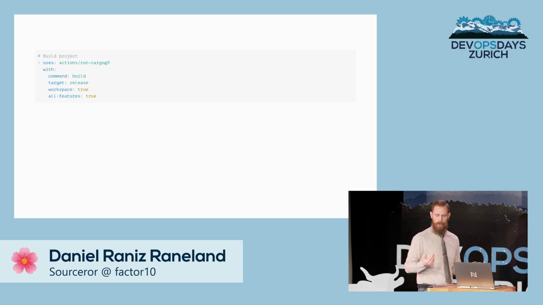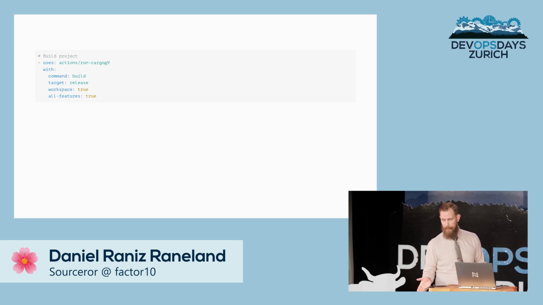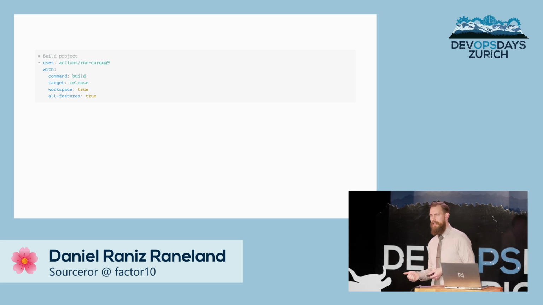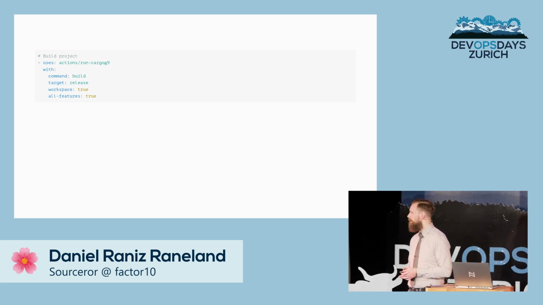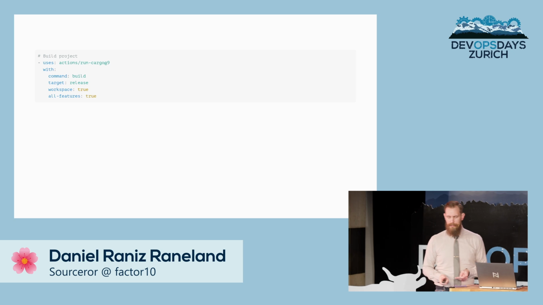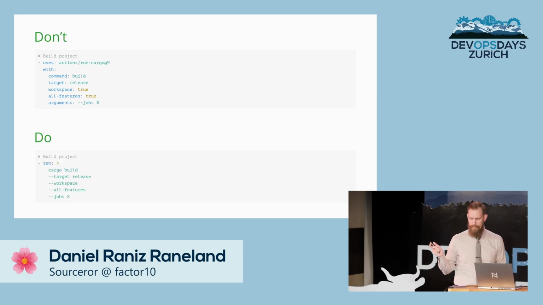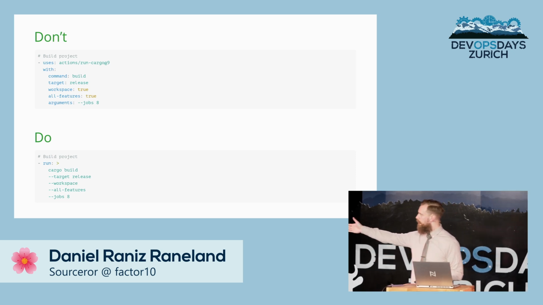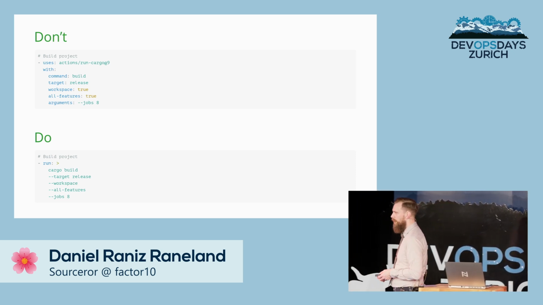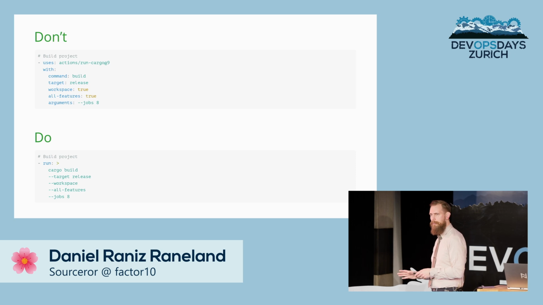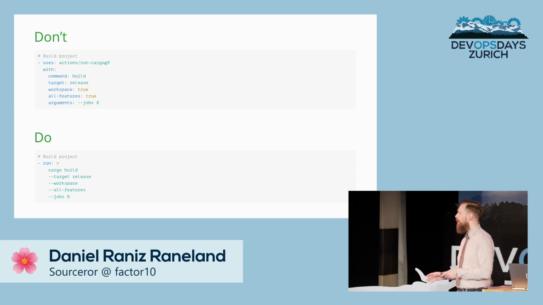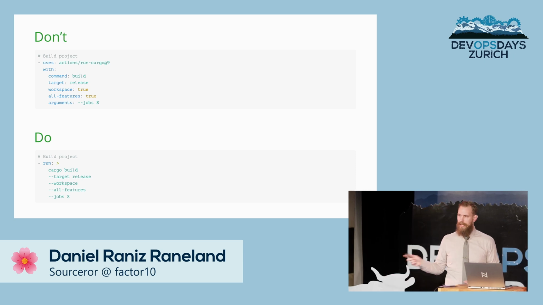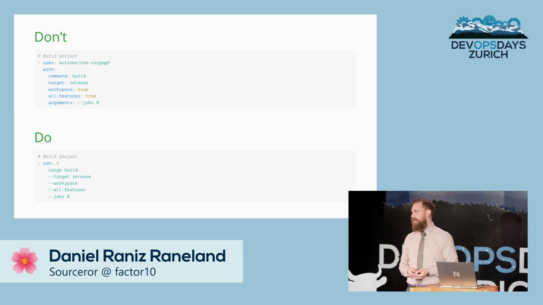For example, for a cargo project, when I wrote this, there wasn't an action for cargo. Now Microsoft has decided they need one as well, so there is one. Don't use it. Just run the actual cargo command instead. I mean, even if you use the YAML multi-line syntax, which, by the way, has its own website because it's so complex, you can structure it so it's actually more readable than the wrapper action YAML.